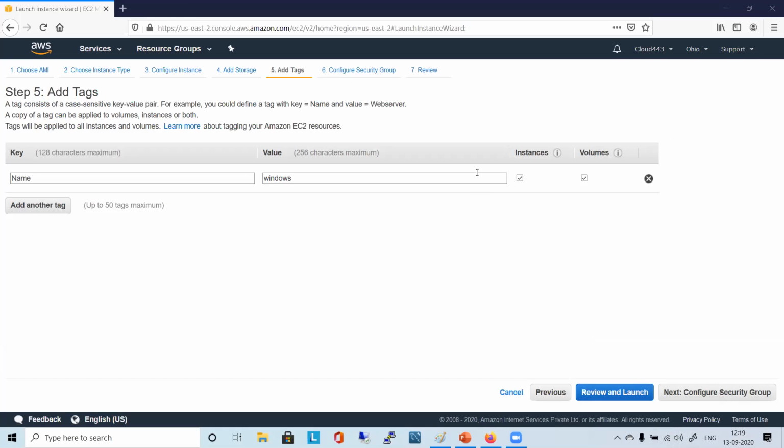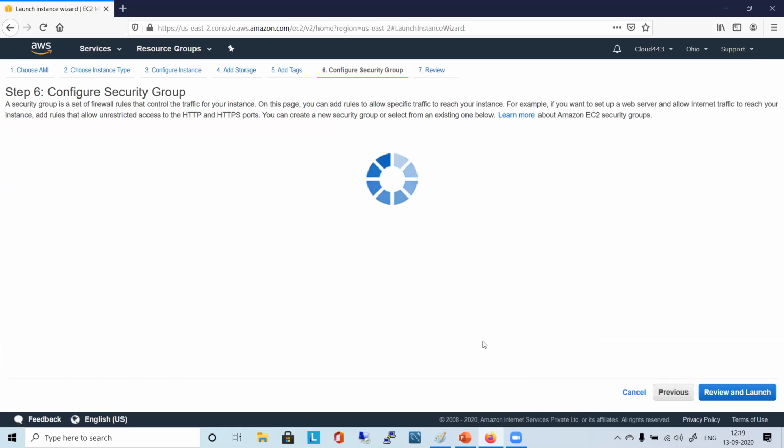Okay, let's look at the next step. Just try to click on configure security group. Good with this page, right? Go to configure security group. It is giving me an error, failing to load the security group page.